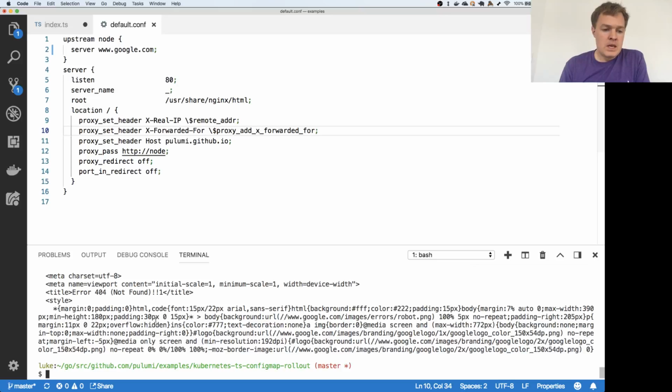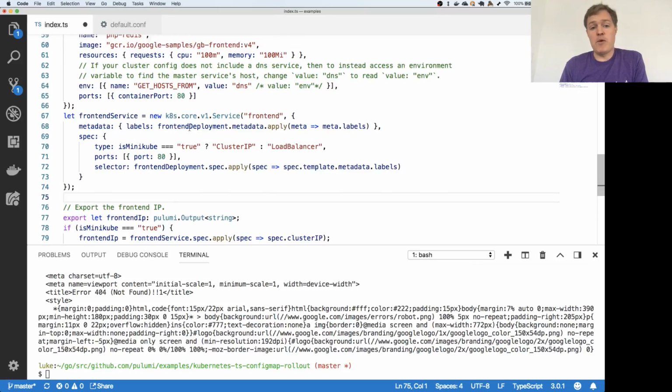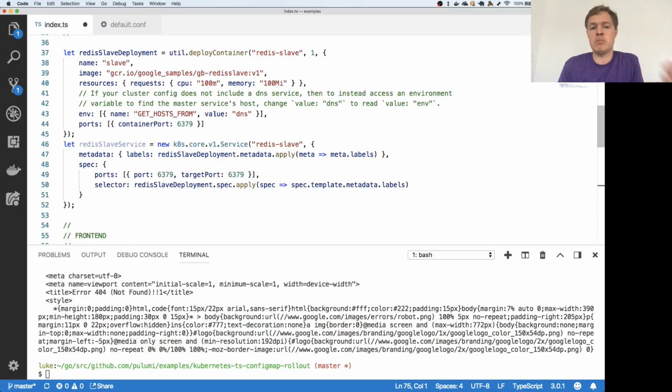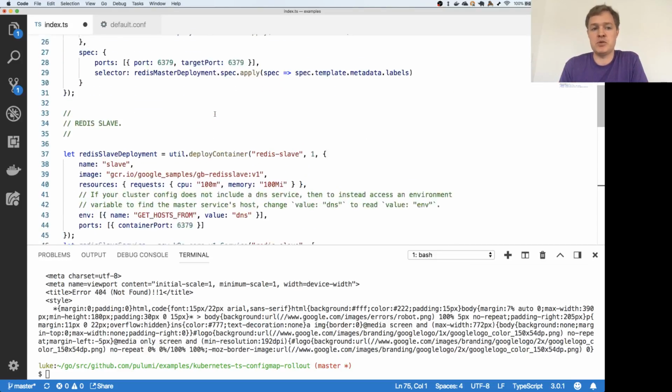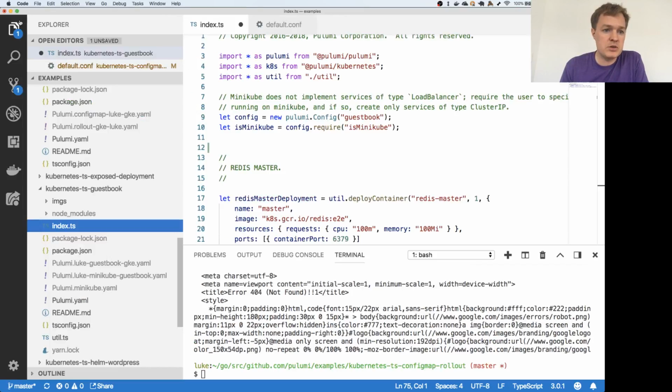Okay. So that's an example of just kind of how we coordinate these things. And this is where I think Pulumi in general comes in very, very handy. Pulumi fundamentally understands the dependencies between different resources in my application. And so if I come back over here to the code I was looking at,